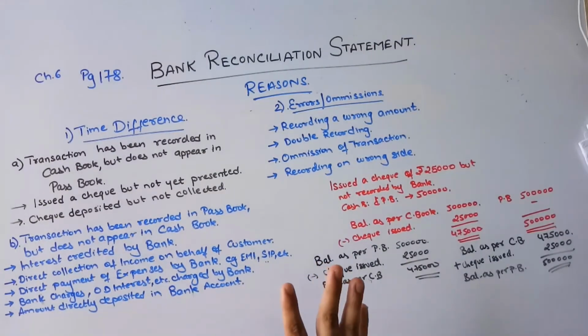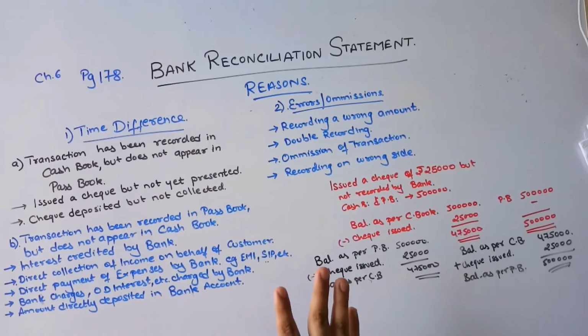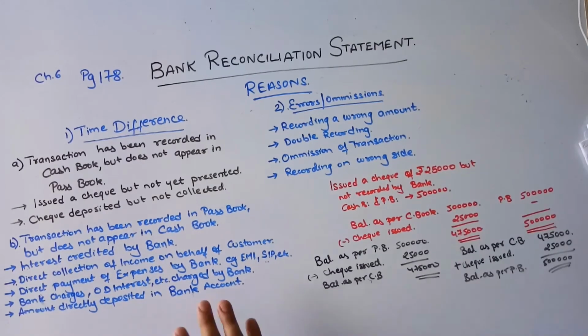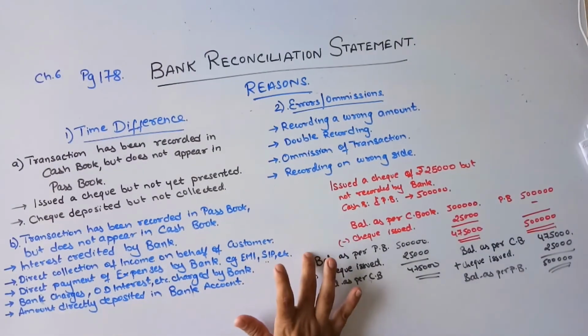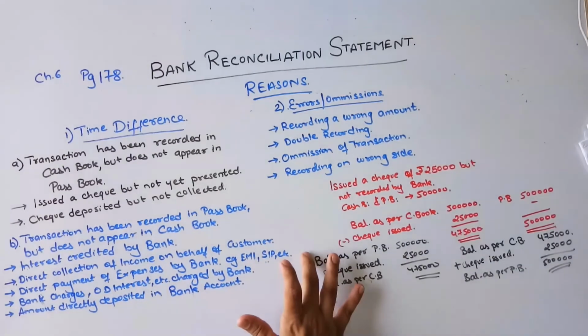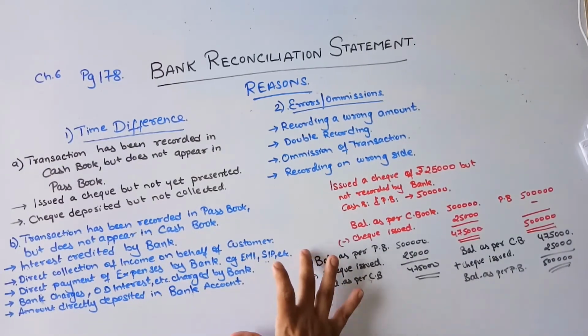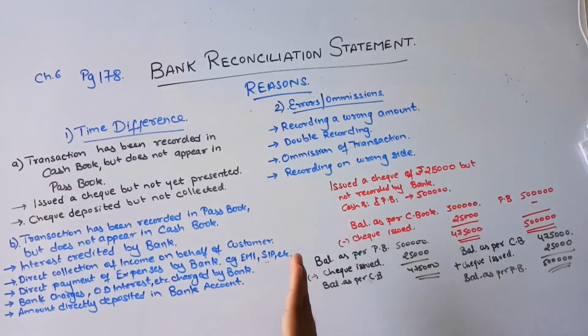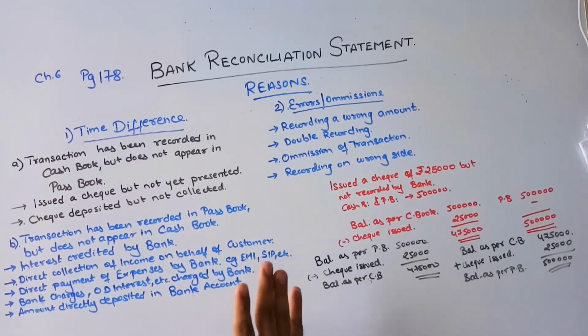which will be taught to you at a lot of places. Maybe the colleges will directly teach you that there is a certain method which you have to follow. If the balance is given as per the cash book, you add, you minus, you add, you minus. No, don't ever do that, because in the short term you will be able to understand and learn that method. But when it comes to long term, because this is one of the chapters which will be used by you in your practical life, whenever you will be working as an accountant or in your own business, you will be using bank reconciliation statement in your day-to-day life. Okay guys, don't ever learn or mug up any kind of transaction.